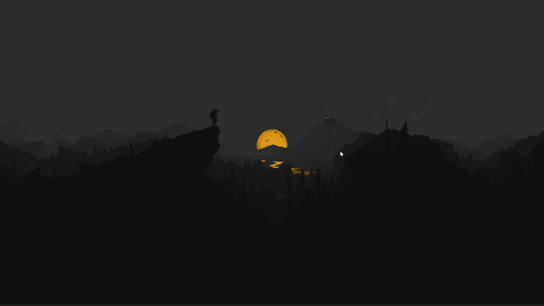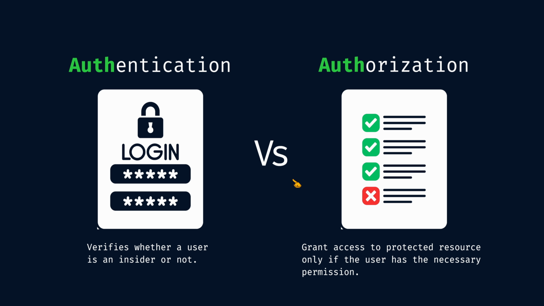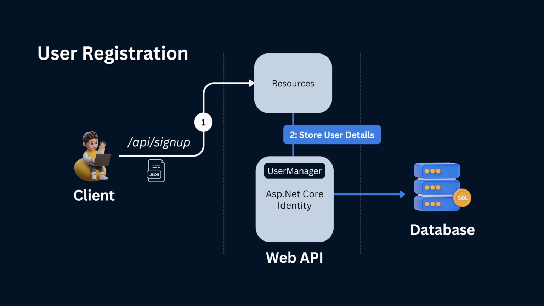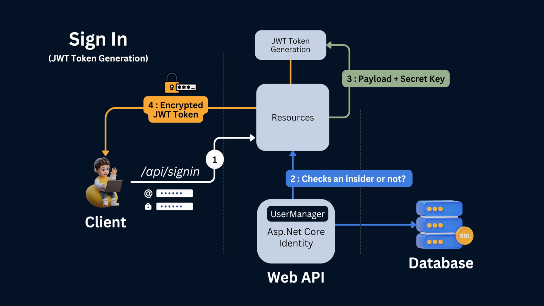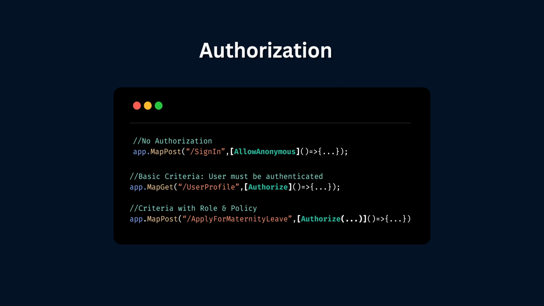Now, in this video, we will walk you through implementing user authentication and authorization in ASP.NET Core Web API using ASP.NET Core Identity. If you have been following our channel, you may have already seen the step-by-step series discussing the same topic. This video brings all those parts together into one complete guide. We will cover everything from setting up user registration and login to configuring JWT authentication and authorization with role, claim,